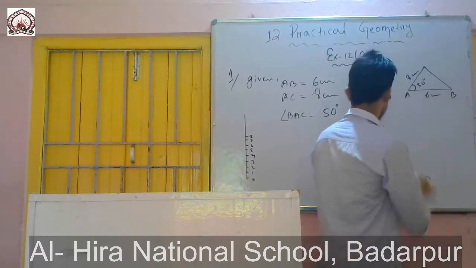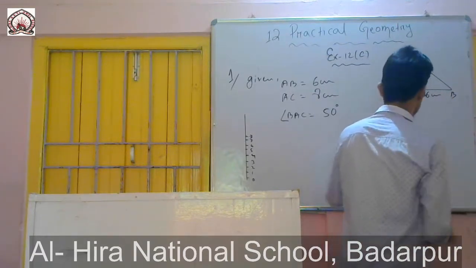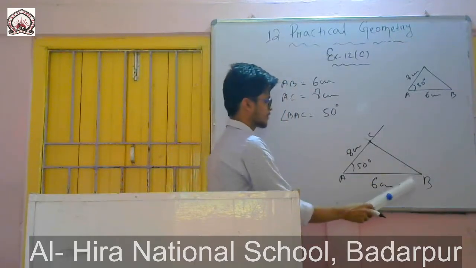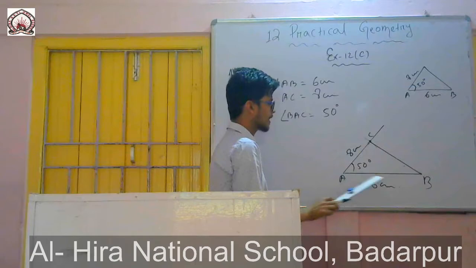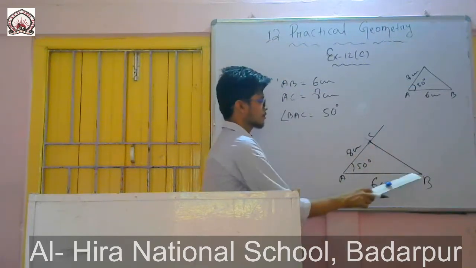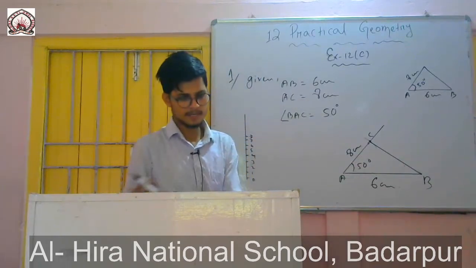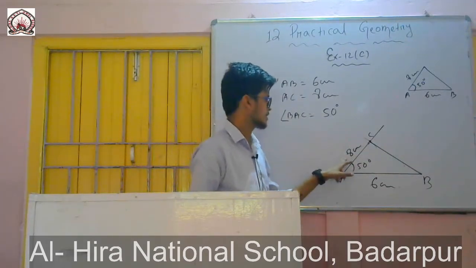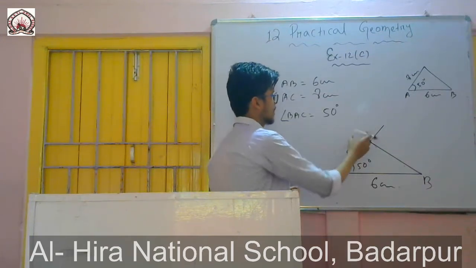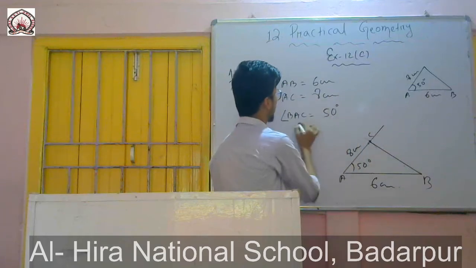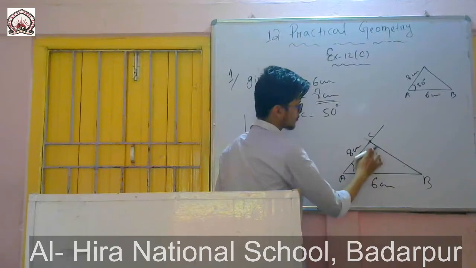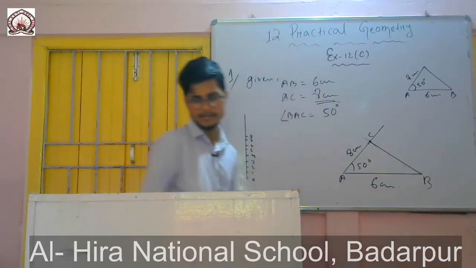So simply put your ruler here and you give the line. So this is my required triangle. AB, first of all I draw 6 centimeter, then I draw an angle. It is given that angle BAC will be equal to 50 degrees. So first of all I draw this BAC, which is 50 degrees, and then taking the radius, I cut an arc of 8 centimeter because side AC is given as 8 centimeter. So now I got an intersection point. From this one to this one I can join easily.